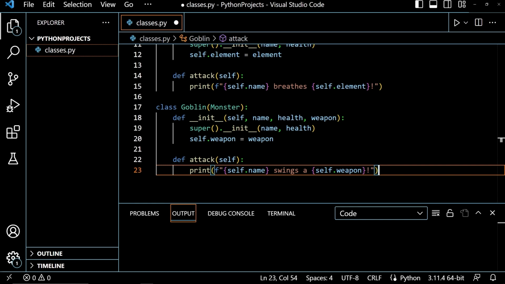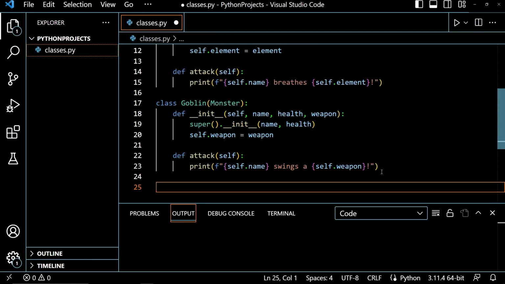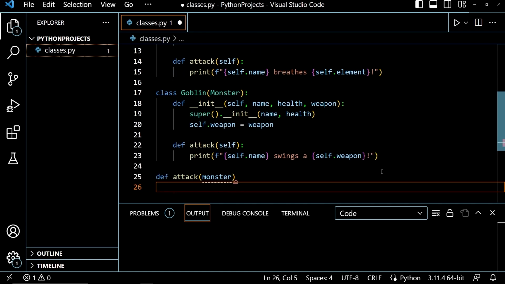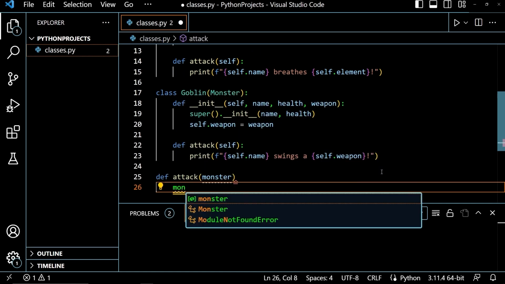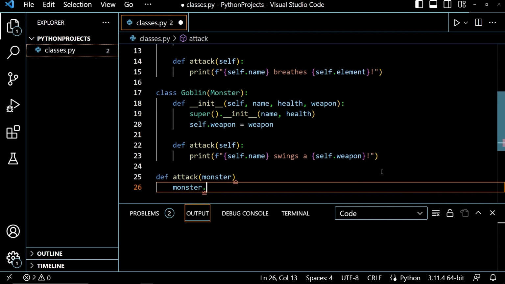However, unlike previous examples where I created an object and then used whatever variable name I gave that object and dot notation to call its methods, I am instead going to pass the object into a function. The function will use the parameter I give it to call the attack method for each object. So down here outside of any of the classes, I am going to define a function called attack, and I am going to give it the parameter monster, and this is going to be the object that I pass into this method. And then in this method, I'm going to refer to that parameter and use its dot notation to